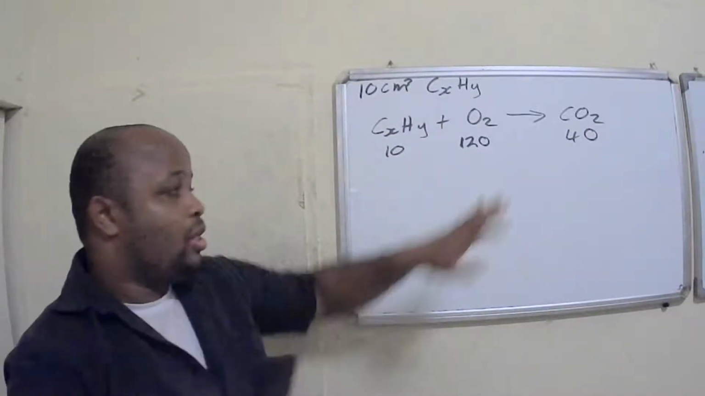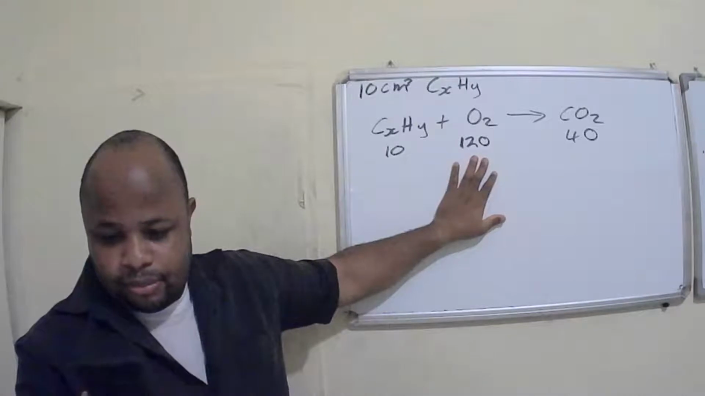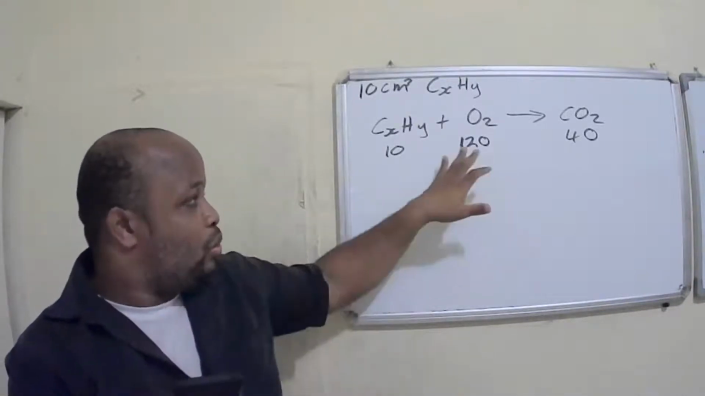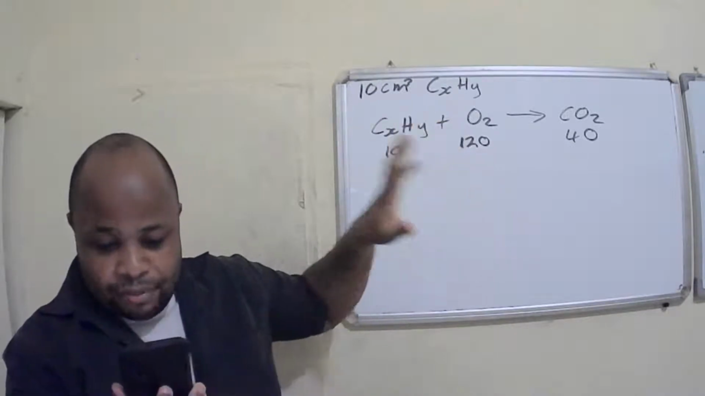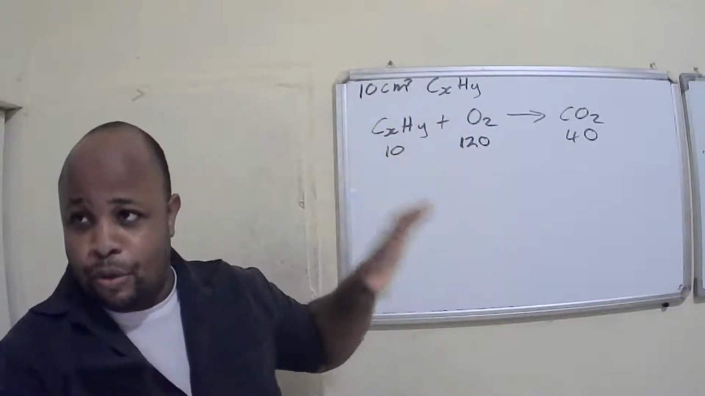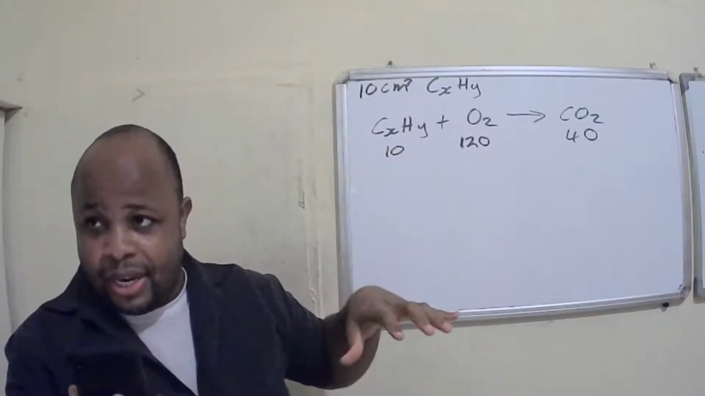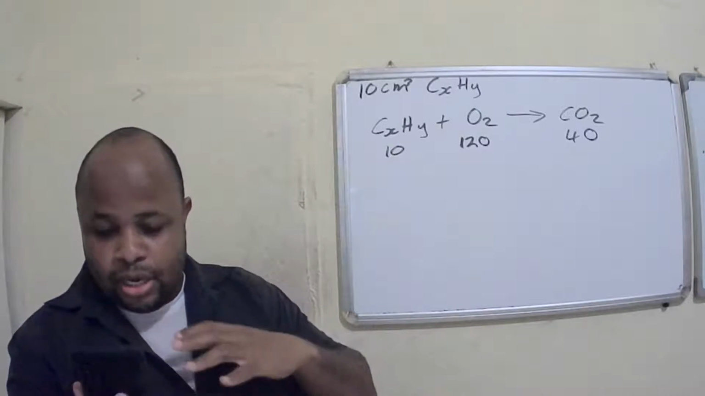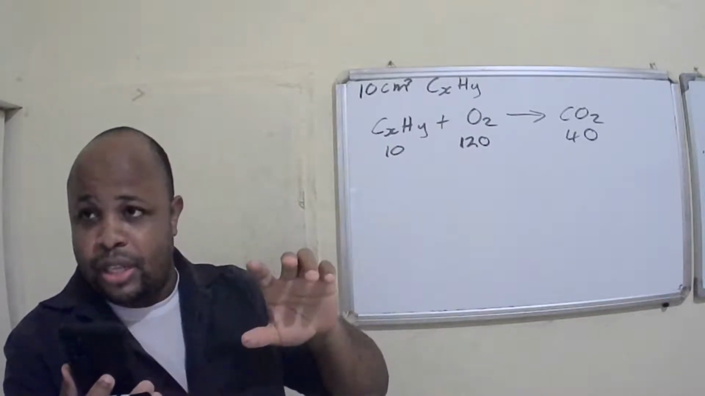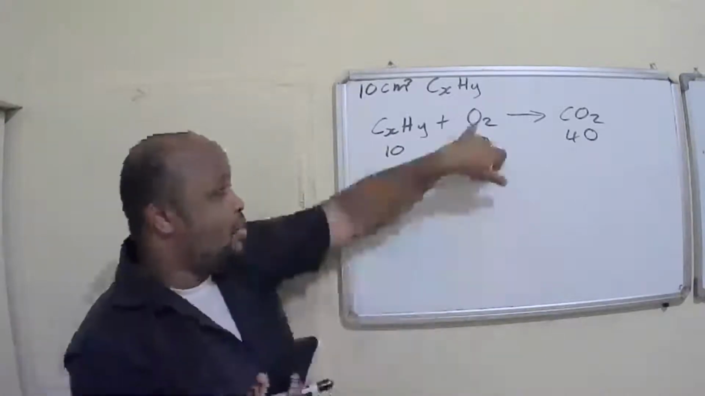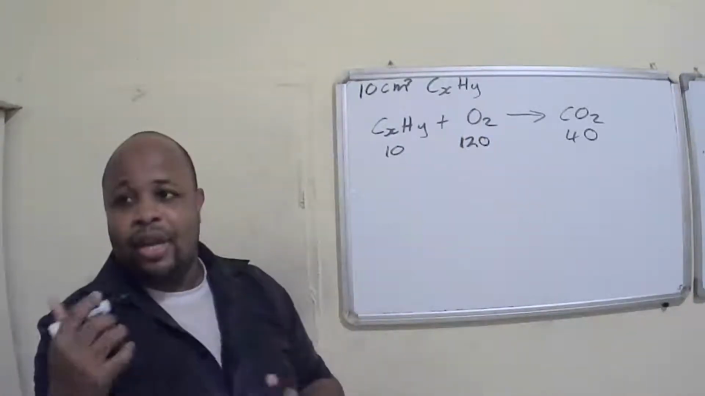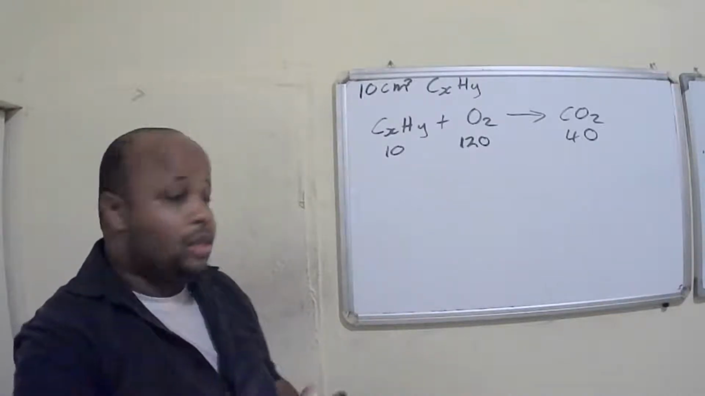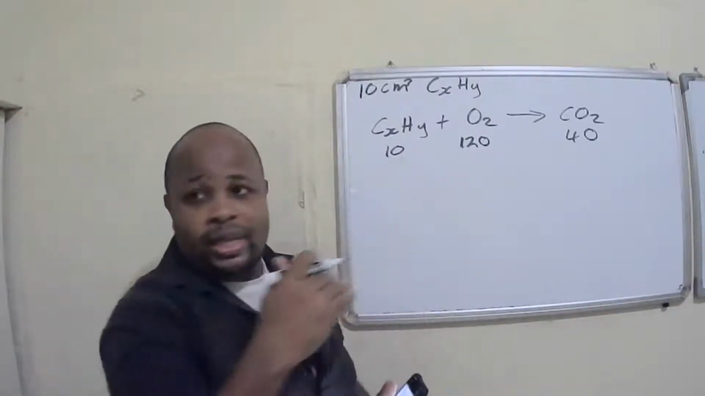So you start out with 120 oxygen. After the explosion, you have 100 cm cube. After you treat it with KOH, you have 60 cm cube remaining. Now, the difference between 100 and 60 is the CO2. To get the amount of oxygen used, we start out with 120